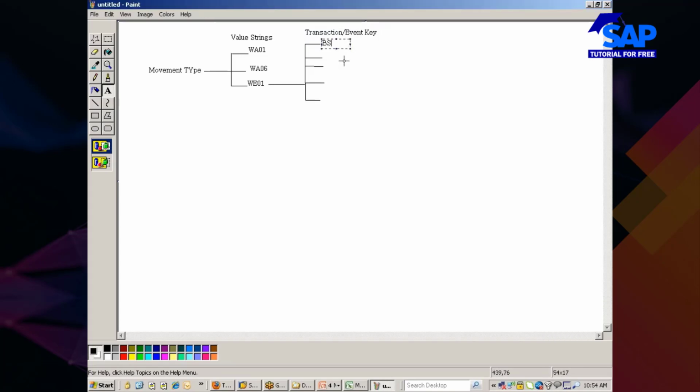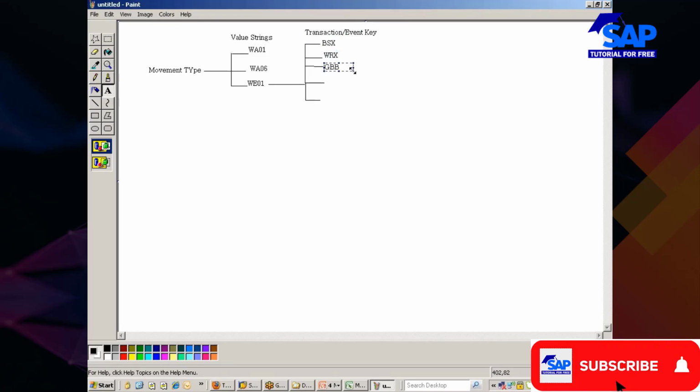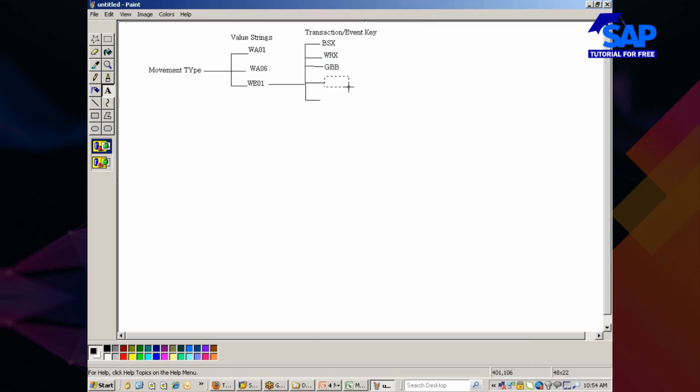I have something called BSX, WRX, GBB, PRD, UMB, etc., etc. And some of the transaction event keys are further subdivided